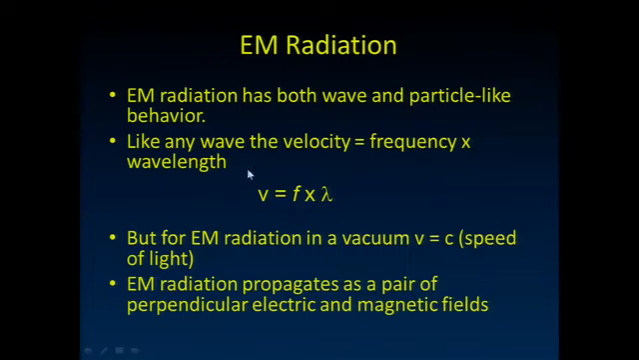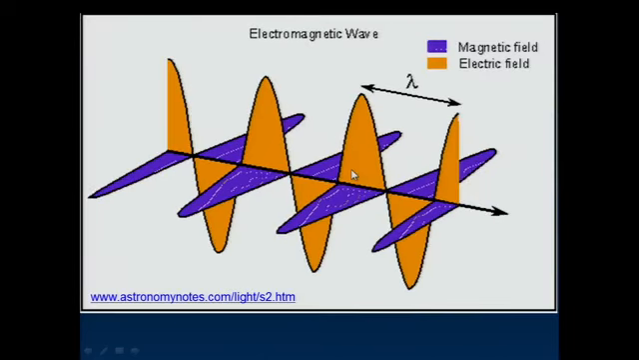Like any wave, the velocity of electromagnetic radiation is equal to its frequency times its wavelength. But for electromagnetic radiation, that velocity is constant. It's the speed of light in a vacuum. And it propagates as a pair of electric and magnetic fields. And that's only important for us